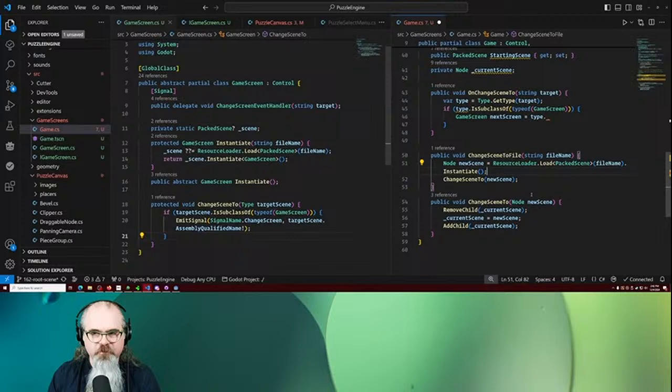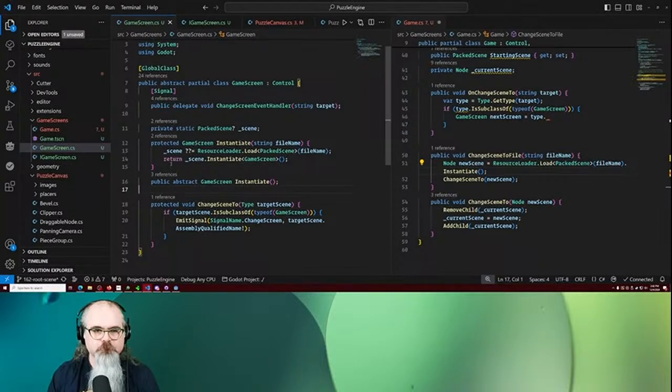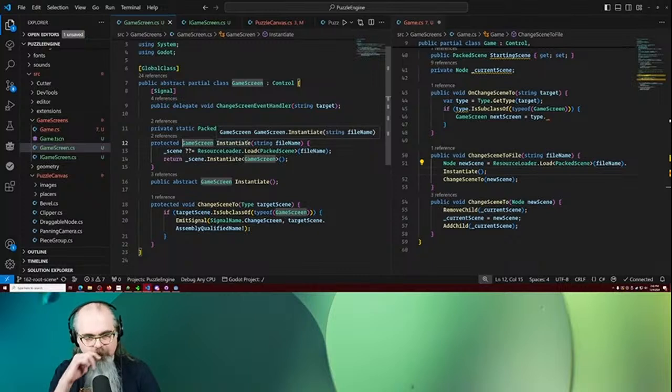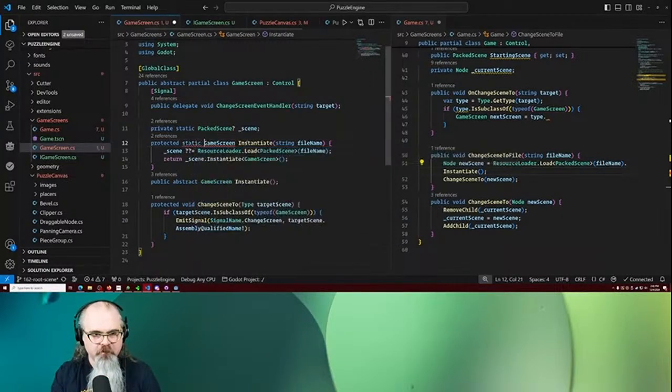And we need to know what the file name is in order to do that. Okay. Actually, though, this can be static, can't, no, yeah. That can just be static. So Instantiate